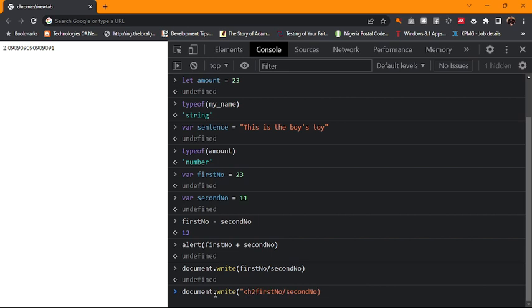Let me use an h tag for the division of firstNumber and secondNumber. I want to separate it. Division of, so I want it to have that number. Division of firstNumber